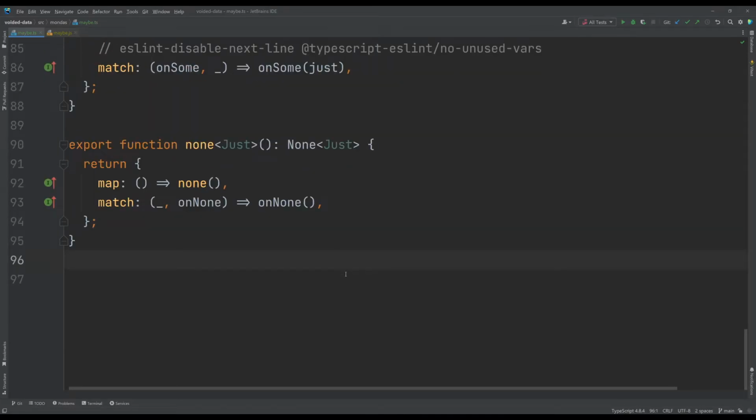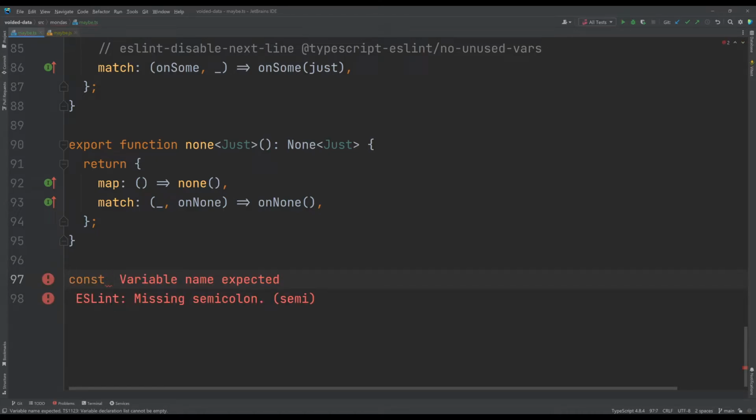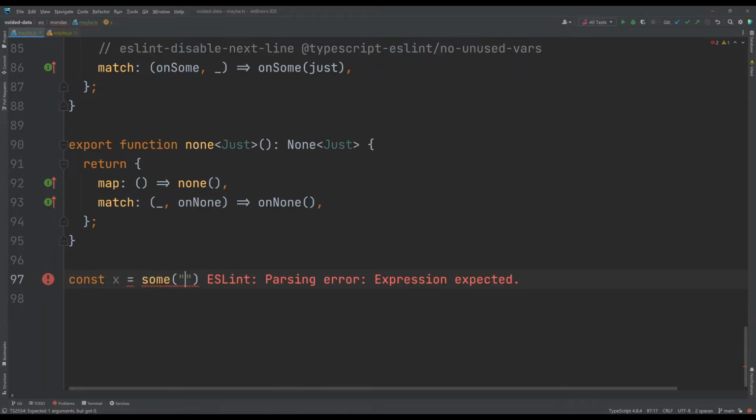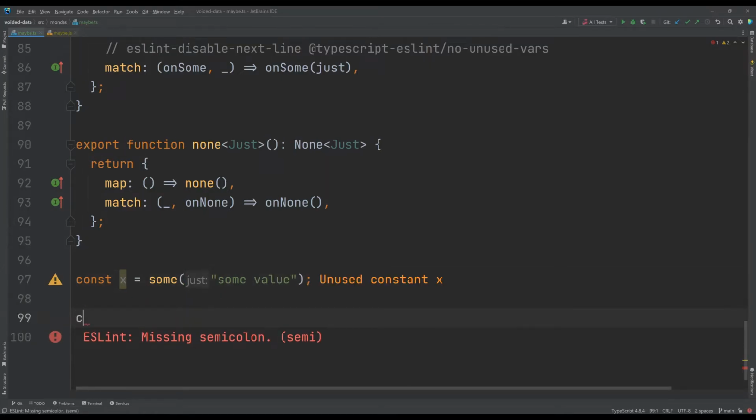Now, what is the use of this? Well, if we want to, for example, say, we don't want to type out the if-else, we just want to have handlers for how to deal with it. So we could accept it from the outside of a function. So we could do some value, which is a sum, for example. And then we can just do x.match, and we can provide this two functions.